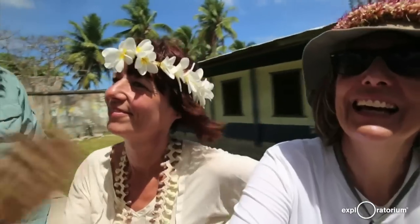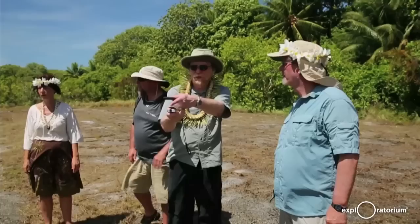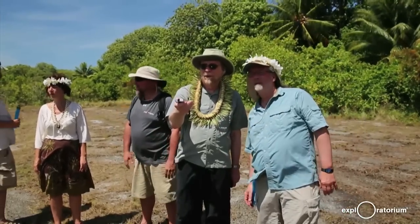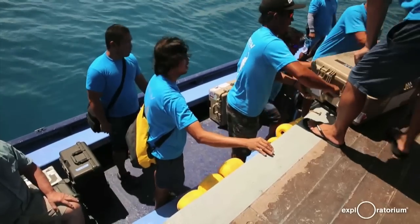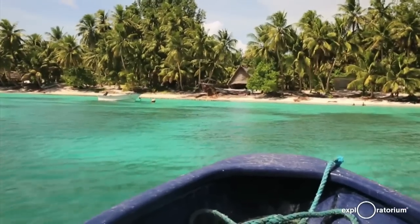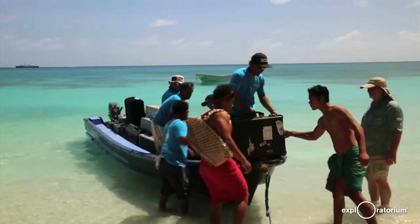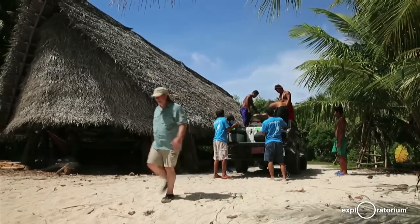Our first thing that we needed to do was to come ashore and sort of scout around. Where was the best place for us to put our telescopes, our satellite dish, where we get the best images? And we picked the runway. It's an old World War II runway. And then the next step, of course, was bringing all of that gear onto shore. We actually have about 56 cases of gear,